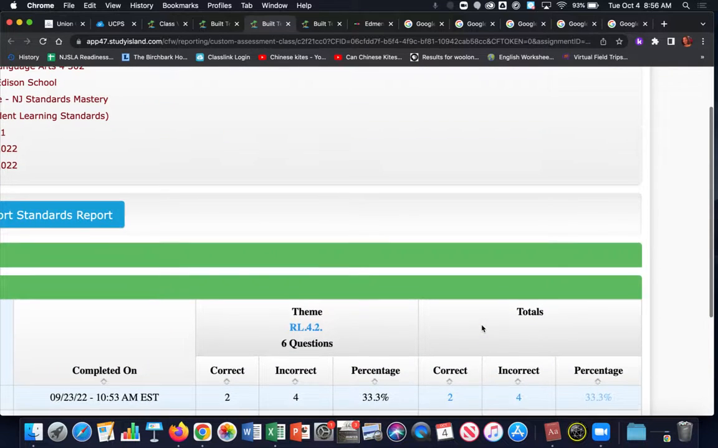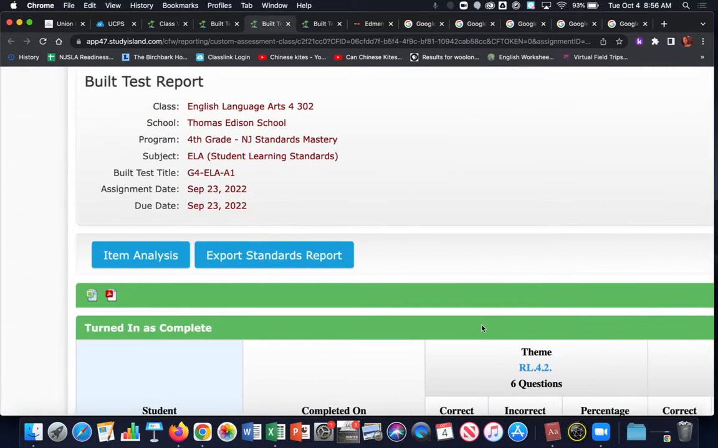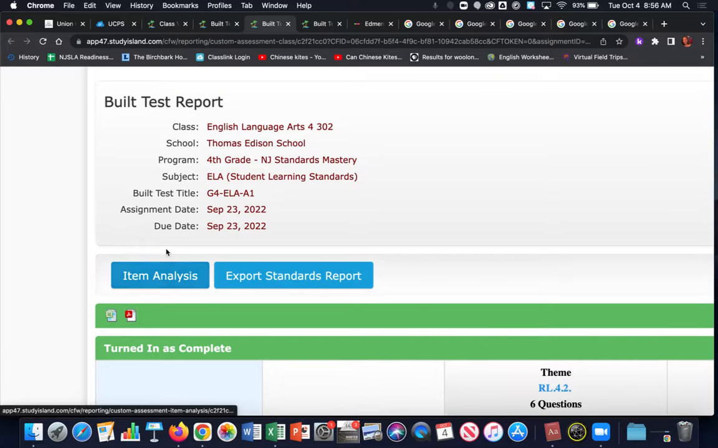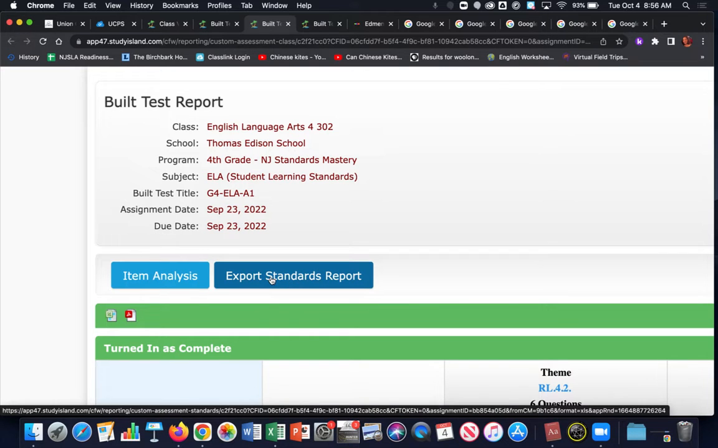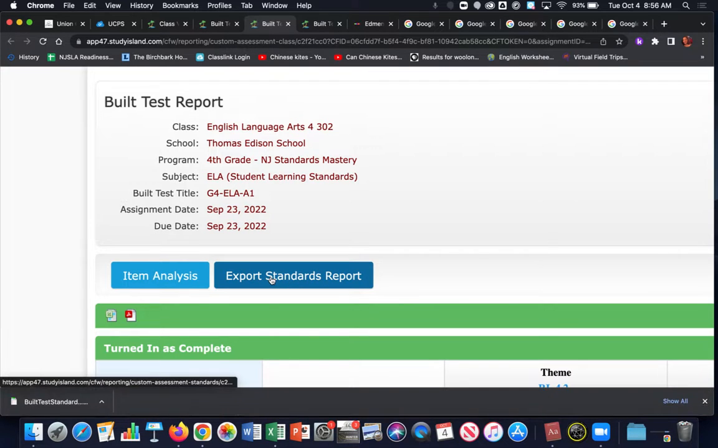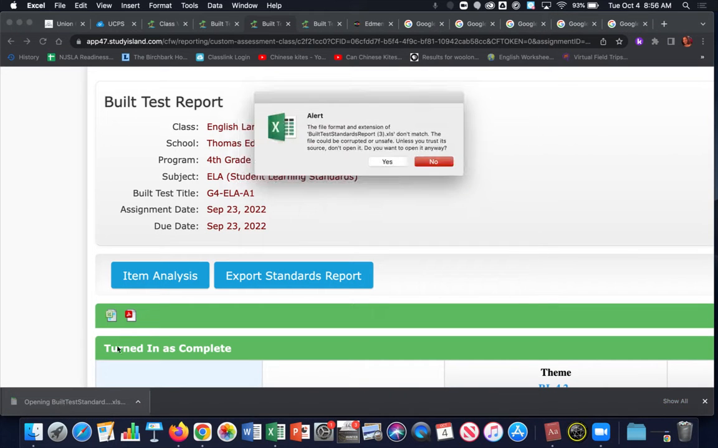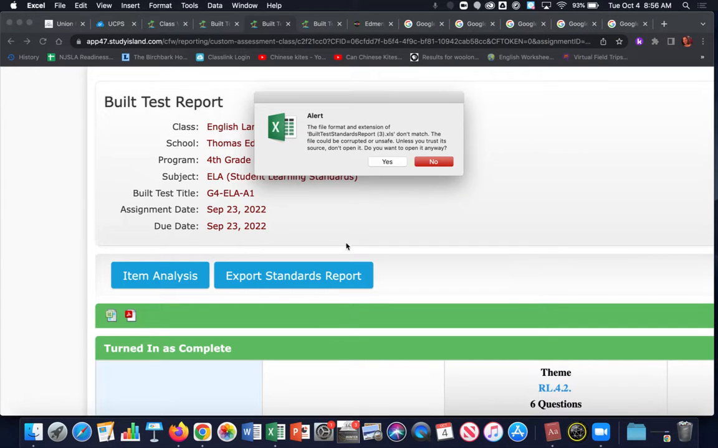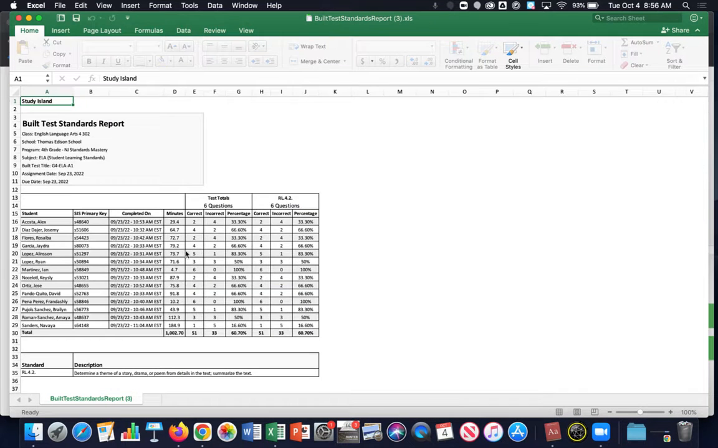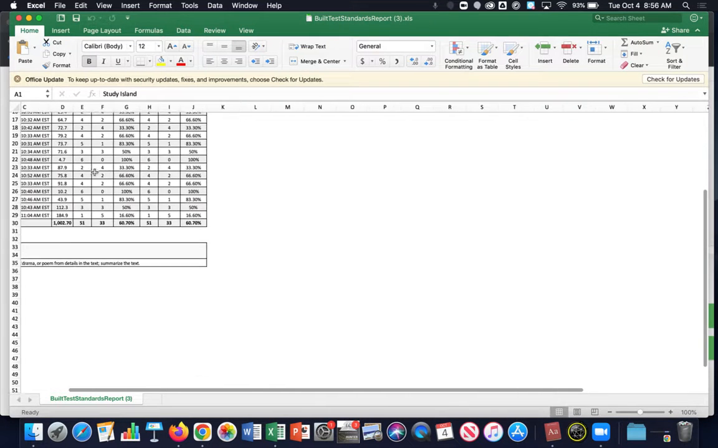Let's come over to the other two buttons that were right below the build test report information, the item analysis and the export standards report. I'm going to click on the export standards report now. So you can see it is a spreadsheet of the exact same information that you're seeing below. I'm going to click on yes, and it's going to give you the information that we see